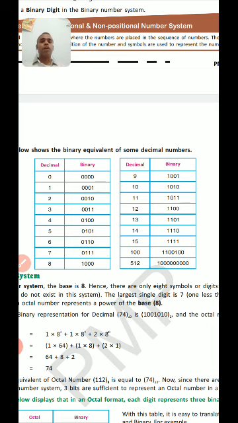Similarly, in the case of 2, if we have to calculate the binary of the decimal number 2, then we have to keep on the bit which represents the decimal number 2. As we said, starting from the right hand side, the place value of the first bit is 1, then the next one is 2, and then the next is 4. So this is the right position, starting from the right: 0 1 0 0.